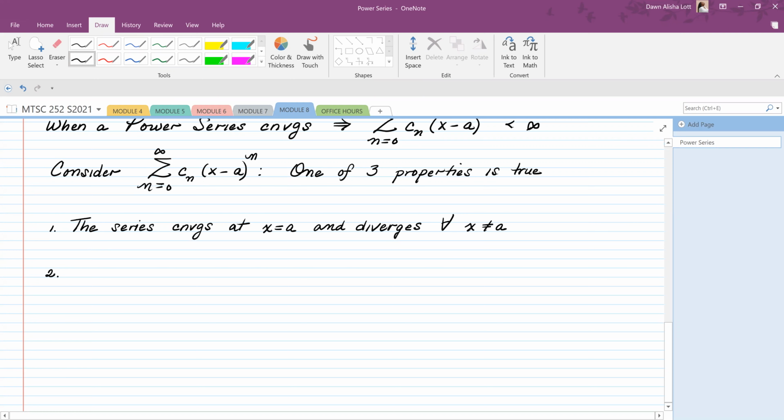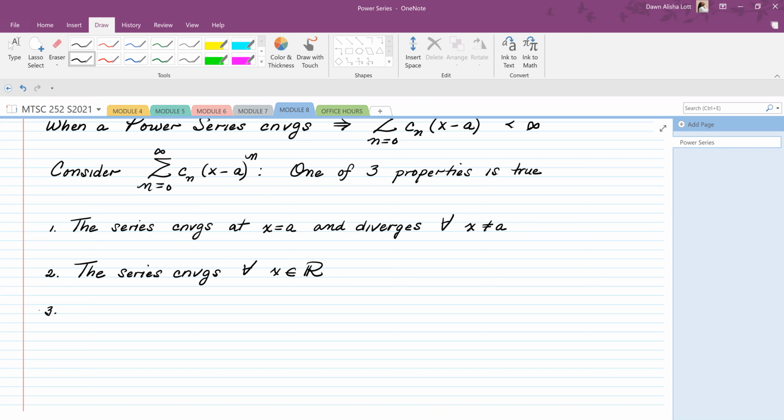The second thing is the series converges for all x that are real numbers. So every real number, no matter what x is, it's going to converge. Or it's going to have a region that it can converge in, and we call that region an interval of convergence. And so we're going to say there exists